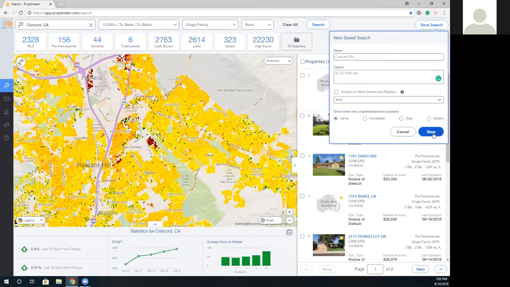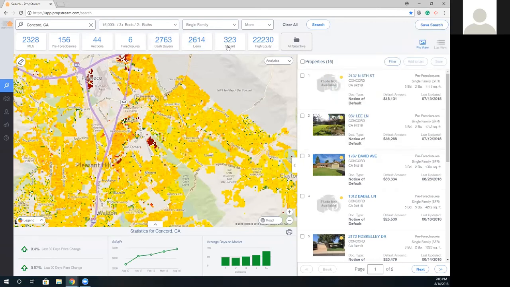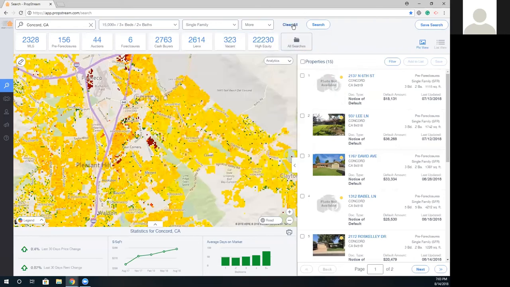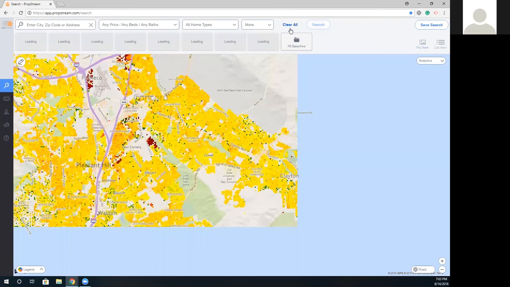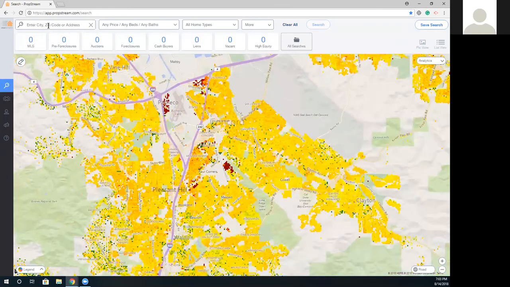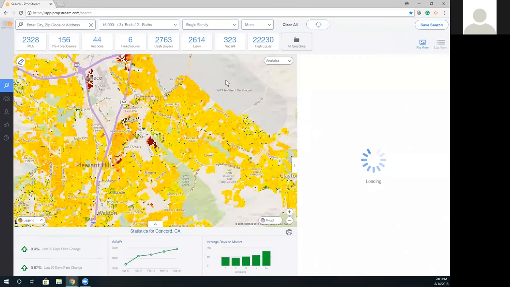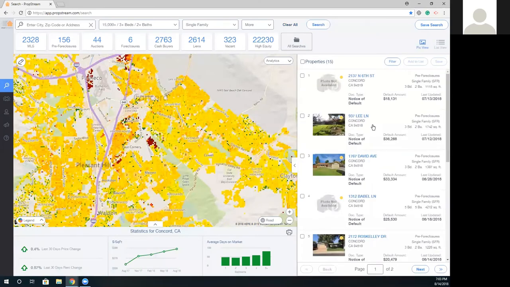And so once you save your criteria, if you didn't replace a box, they'll go into your all searches. So the idea there is, let's say I log off, go to sleep. The next morning I log in. Sure, I can type in all of my criteria again, or I can just go to my saved searches, and then my pre-foreclosures with my criteria will instantly populate to my right-hand side. All right. So back to just show you the rest of the property details.